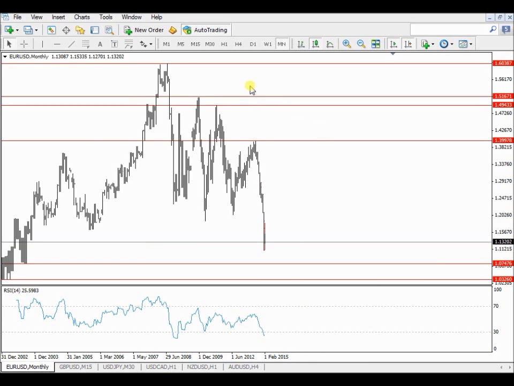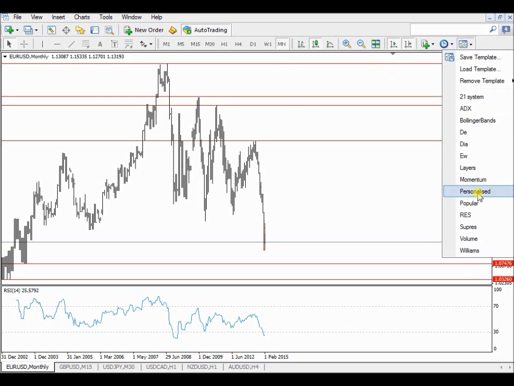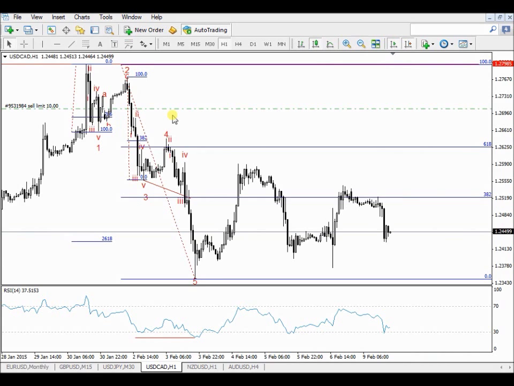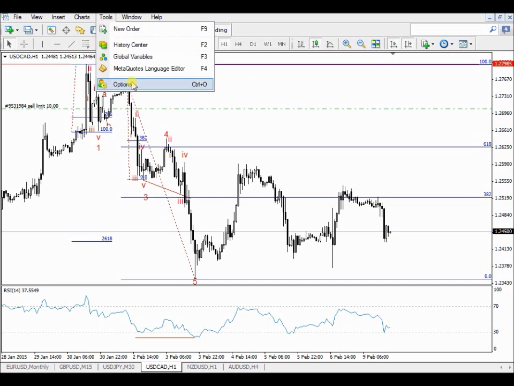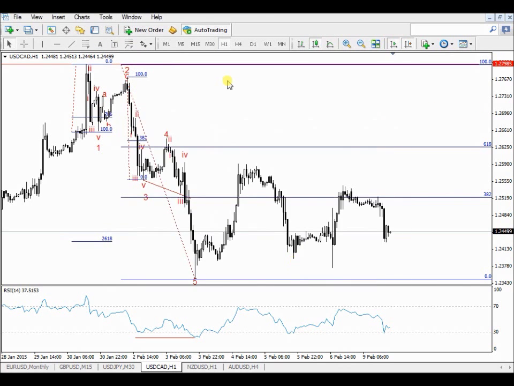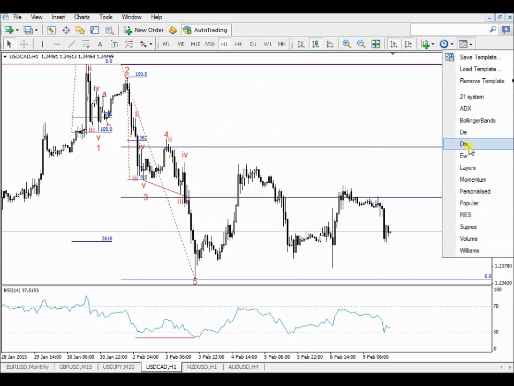Alright, so we know what we're aiming for in trading. We want to buy or sell. Obviously there are prices and patterns in the market that we will buy and sell, and obviously we've got nice indicators that we can use to assist us with that. So let's clear this chart again. I'm going to the Canadian dollar. I'm going to use this chart. I'm just going to take off that order that's lying there, and I'm going to clear this chart as well.